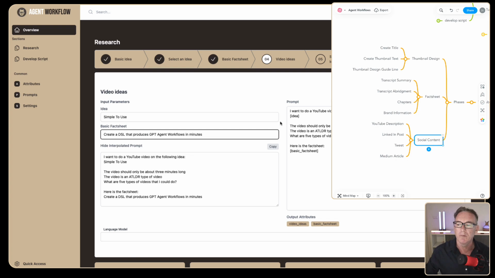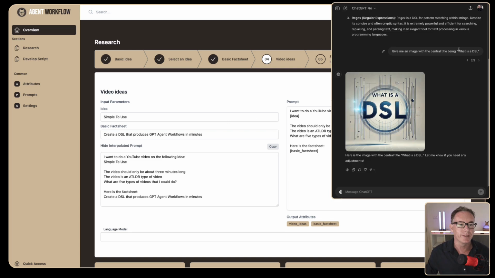In this case here, I want to create a DSL that produces GPT agent workflows in minutes. Now that's where I'm going to introduce the concept of a DSL. What is it? It stands for a domain-specific language, and it's really a way of writing just like we might